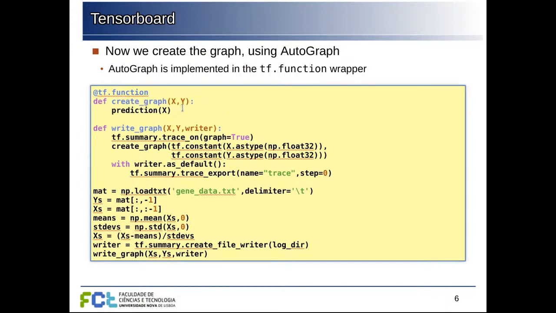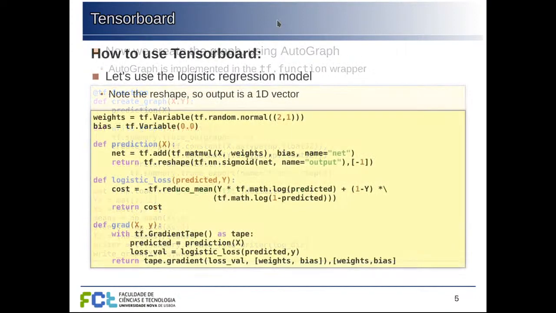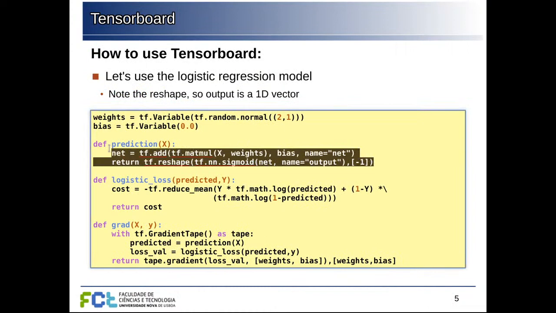And what this does is to trace all the code that is going to be executed and use that to create the graph. So what we can do here is, for example, use this decorator on the create graph function and call the prediction function,